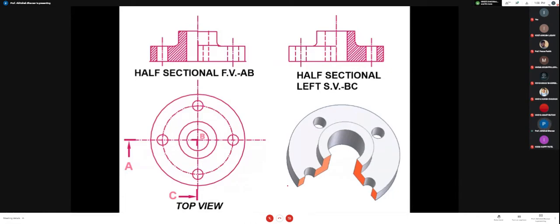You just have to know the 1/4 portion of a job, and from where we have to watch. We have to watch from here. So that's why the left side will be visible as a section in the front view. Another view will be similar to the orthographic view. In the orthographic view, you have to draw it as it is.